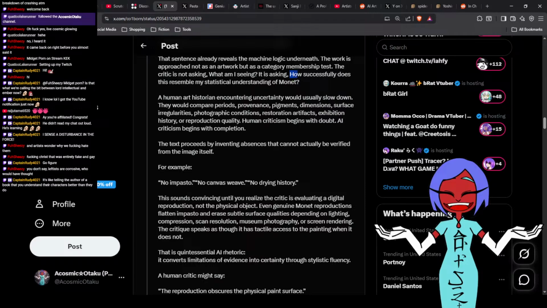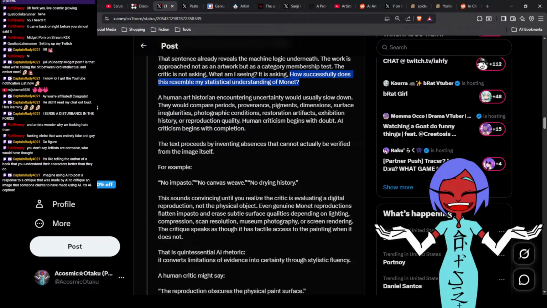How successfully does this resemble my statistical understanding of Monet? Fucking bodied right here. Because he's fucking right. It turns out artists can break away from the thing that they normally do, right? Every fucking artist does this. And this entire absolute self-masturbatory essay we just went through treats Monet as, again,